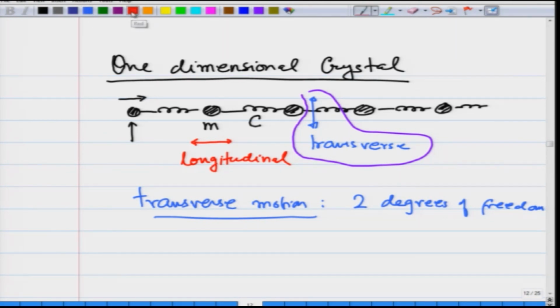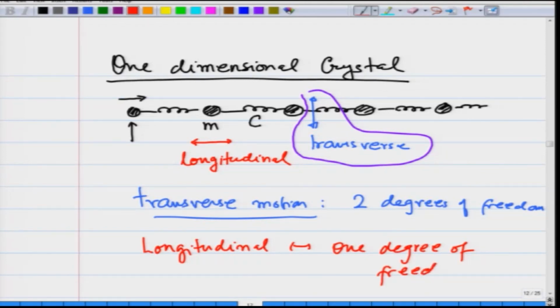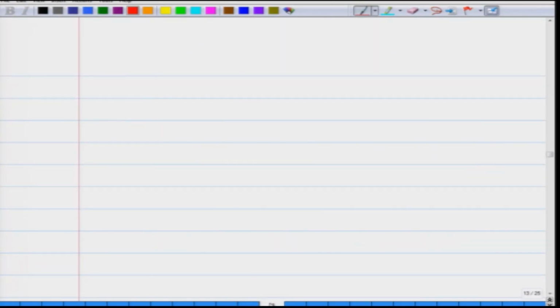Longitudinal, however, has 1 degree of freedom only. That is along the length of the string. Let us see what is the equation of motion of this string is going to be. So, let me make this string again. Here is an atom,